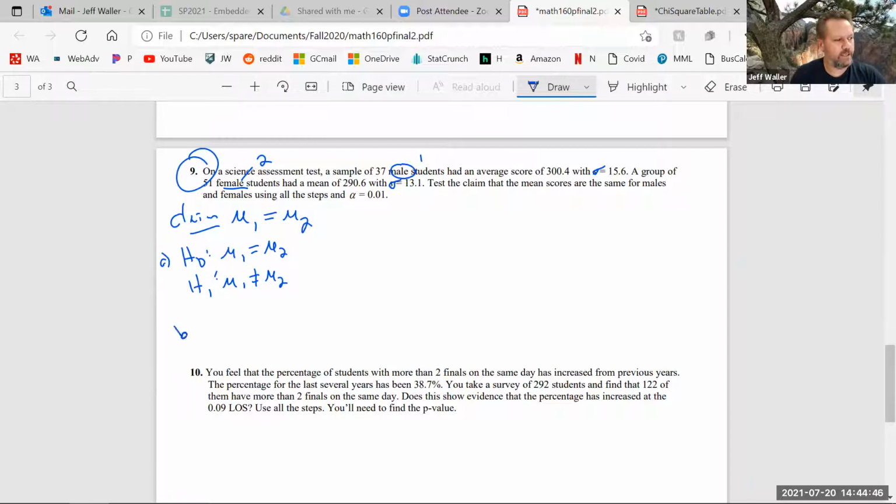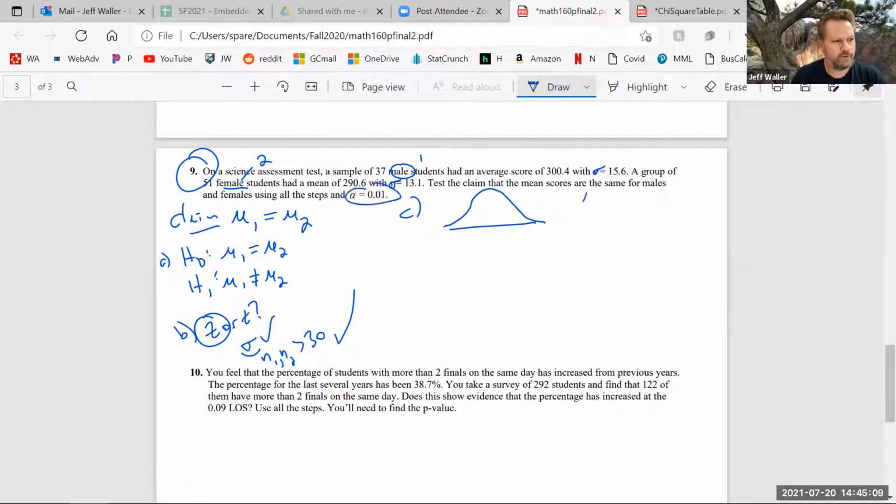And then step B is Z or T, Zort, right? So what do you guys think? Z, because the standard deviation is given? Yeah, the population one's given, and it's greater than 30, so I can use Z scores. I'm going a little bit quickly, but